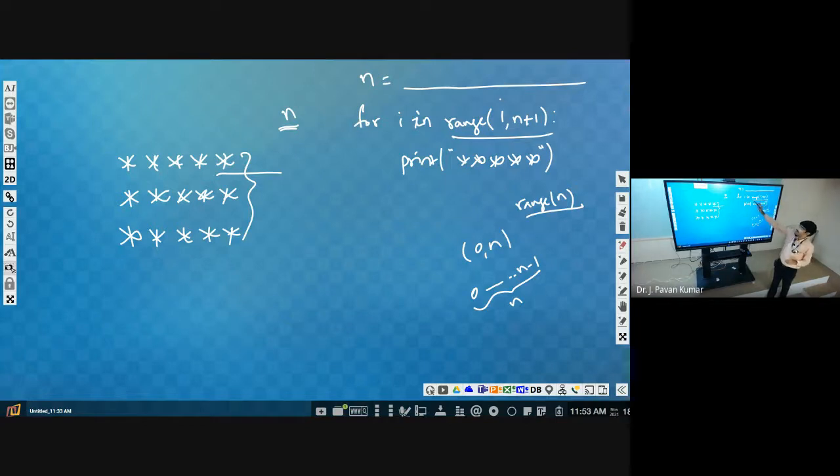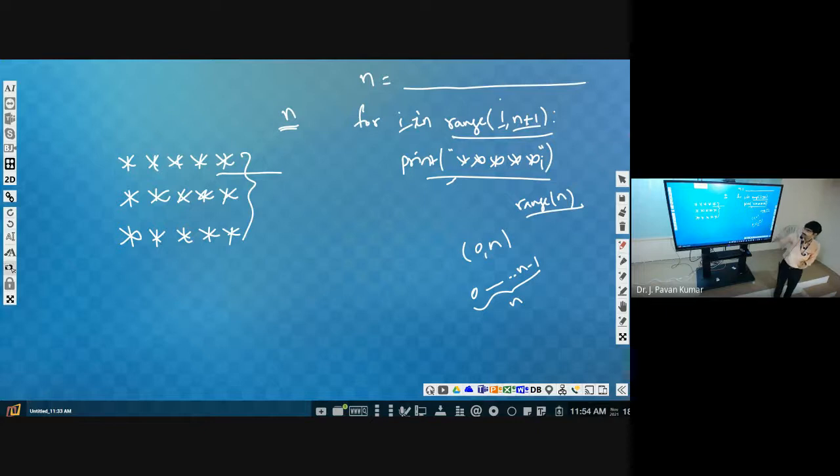Because this I we are not at all using here, it is independent of I. We just use this loop to repeat the statement a certain number of times. For that you can start from anywhere. Like 5 numbers you have to count, there is no need to start from 0 or 1. You can start from 10 and count 10, 11, 12, 13, or start from 20 and count 5 numbers. You can start from any number, because it is independent of I. Here, if you display I, then it is different.